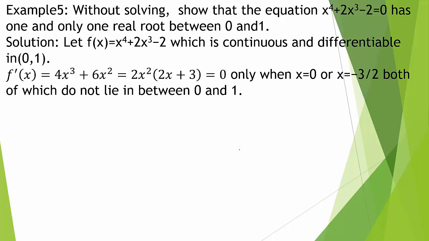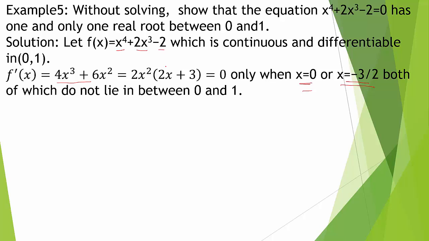Then f dash x equal to 4x cube plus 6x square. Derivative of x raised to 4 is 4x cube. Derivative of 2x cube is 6x square. Derivative of 2 is 0. If we take 2x square common from these two terms, we will get 2x square into (2x plus 3) equal to 0. This becomes 0 only when x equal to 0 or x equal to minus 3 by 2,